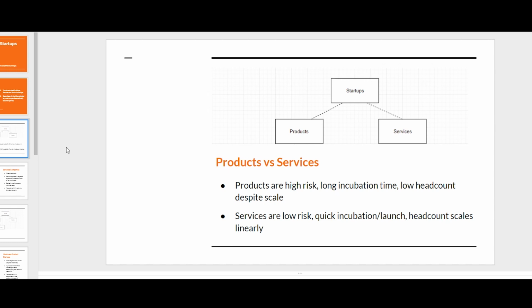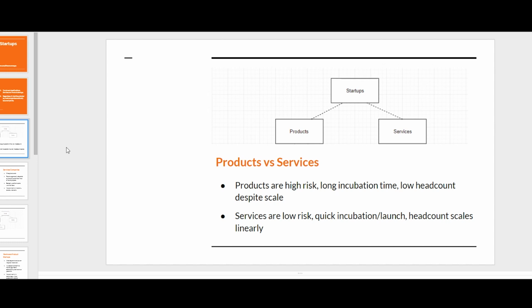But the cool thing is that your headcount doesn't scale linearly, which means that if you're selling 100 t-shirts today, and you have 100 employees, it does not mean that you will go to 1,000 employees when you have to sell 1,000 t-shirts. Instead, your headcount will scale by a small number while your sales scale exponentially as long as the market is buying your product and shows a need.